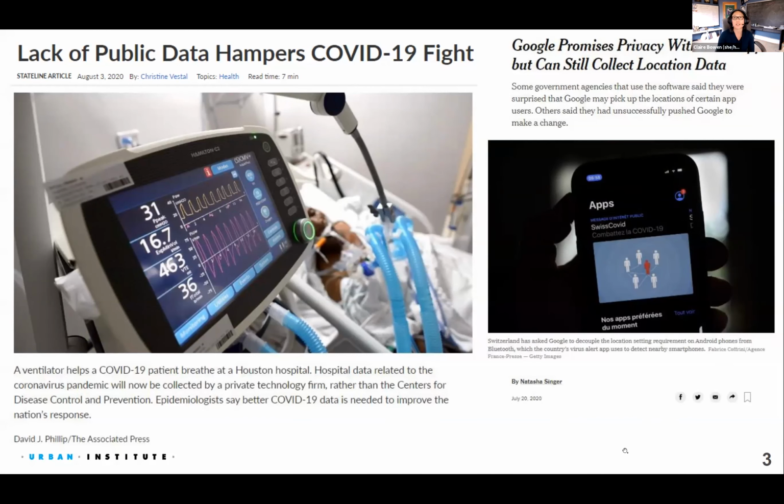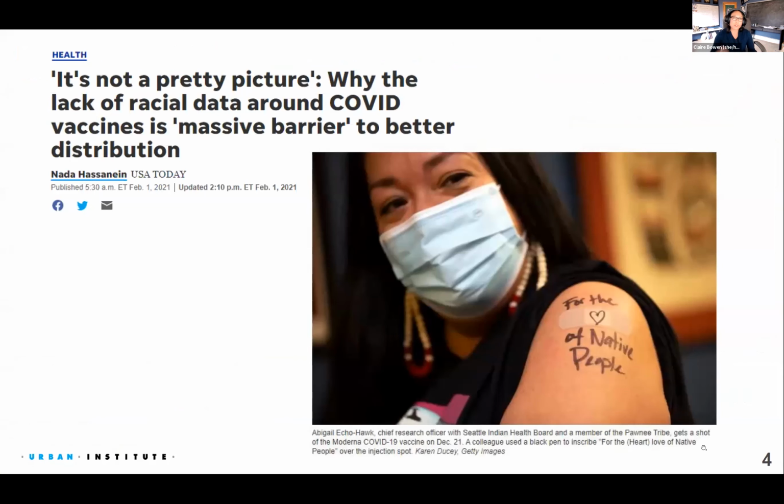So all those calls for contact tracing require access to your phone to figure out where you are in location and time. And this also comes back to, here's another screenshot I got from earlier this year, where again the lack of data, especially racial data, was hampering our rollout for the vaccine too. So obviously there's this big need, but with that simple example I gave you before, it's easy to identify people and to exploit that information in very aggressive ways.